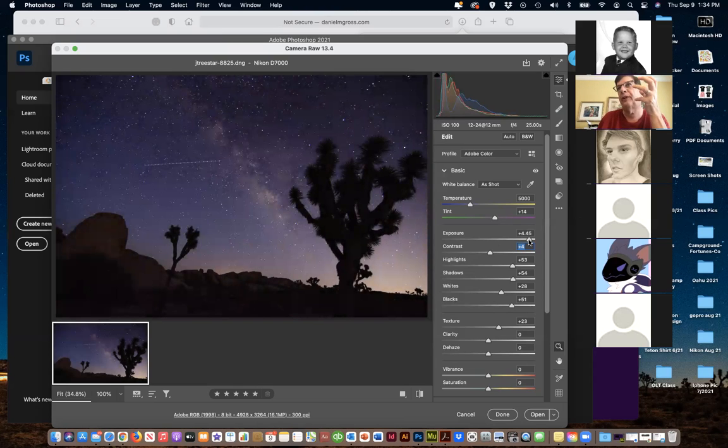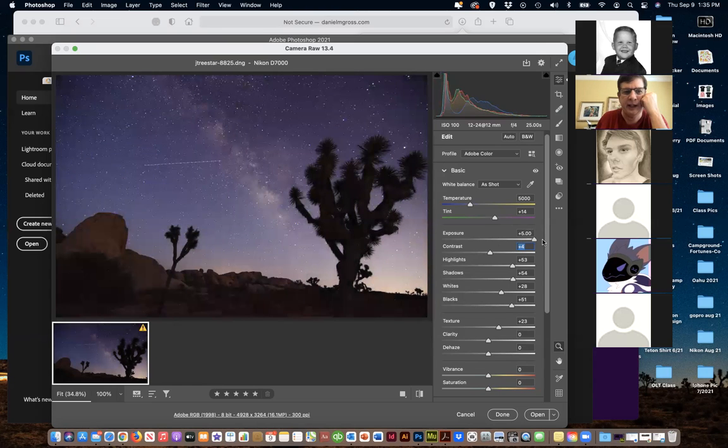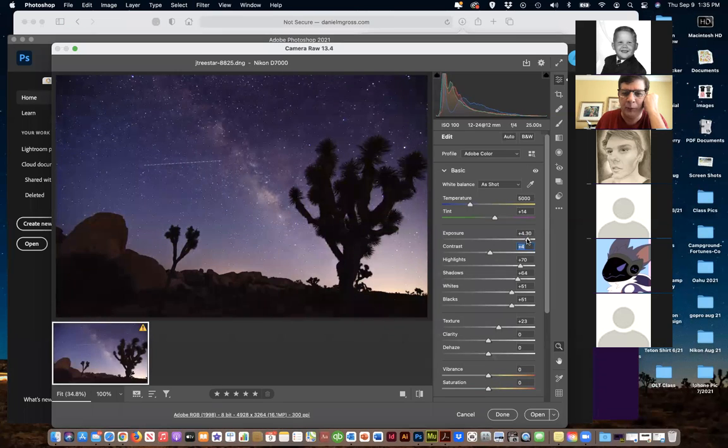The sensors on the camera are quite sensitive, and literally I could play with this and get it almost where it looks like daylight, because the camera captures so much of the light. Your job as a designer, a photographer, is to figure out how you want this. This is too much, but there's somewhere in between where I can get the bright whites and the darks to be in a happy medium, and get the look and feel I want of the sky